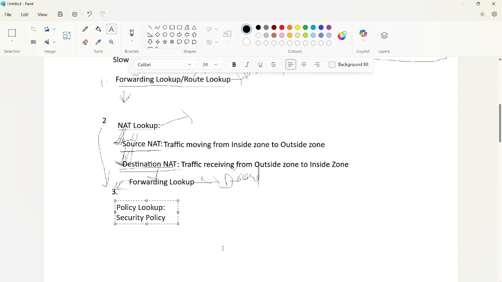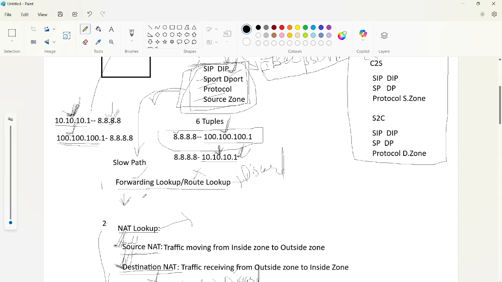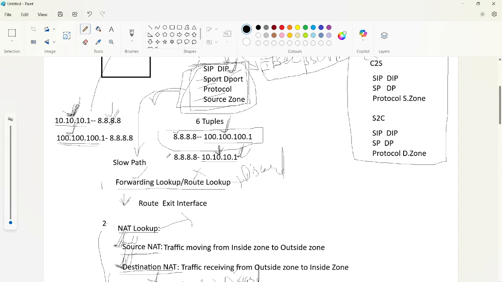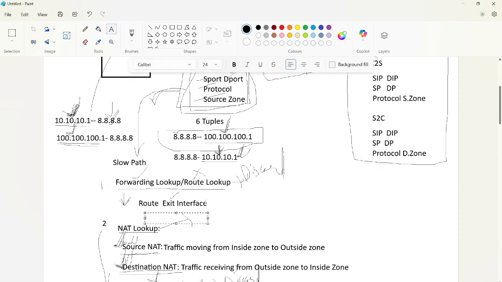Here I forgot to tell you one thing. In the forwarding lookup, it is going to identify the route to the destination, and with that route it is also going to identify the exit interface, which we call the egress interface. Once it identifies the egress interface or exit interface, it is going to extract the seventh tuple, which we call the destination zone, where our